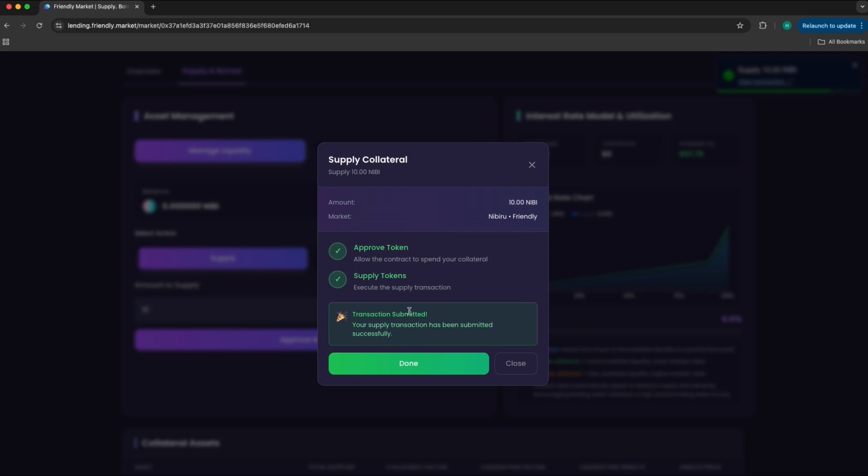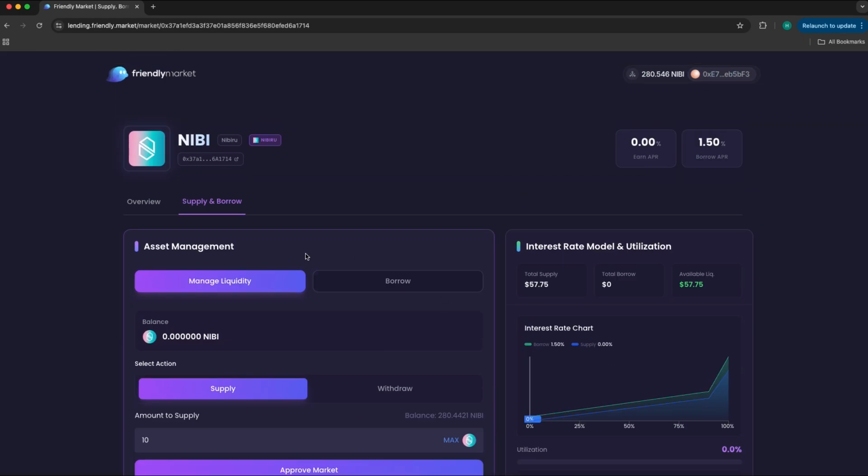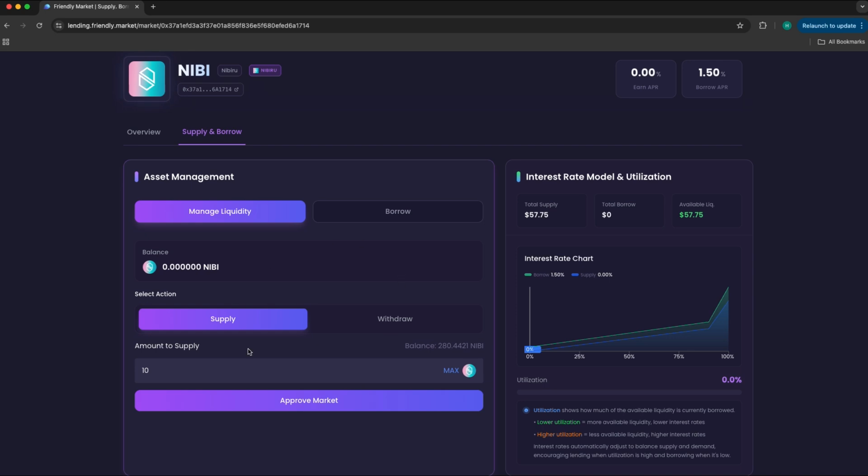And then we go ahead, approve the token, and then supply the token. Okay, so we see that our transaction has been submitted and that our supply transaction has been submitted successfully. So from there we can go ahead and click done. And then, now that we've supplied some assets, we can go ahead and use that as collateral to borrow other